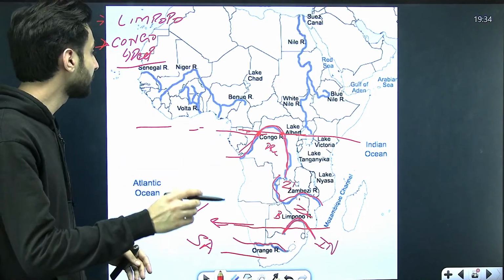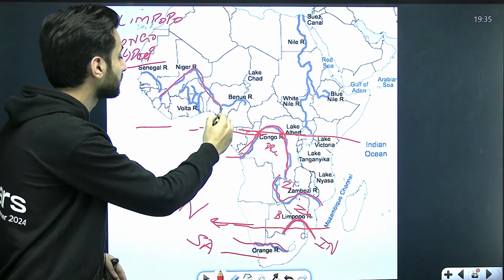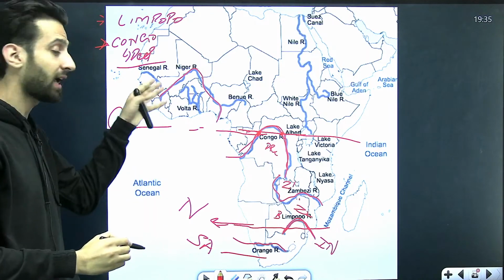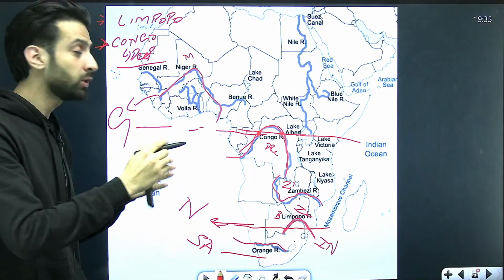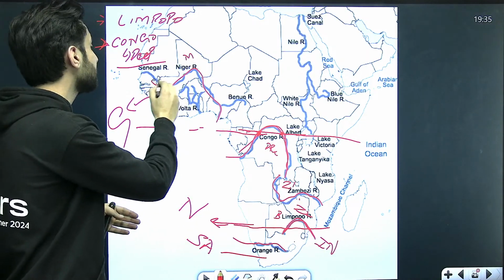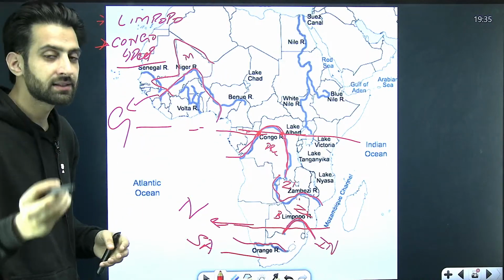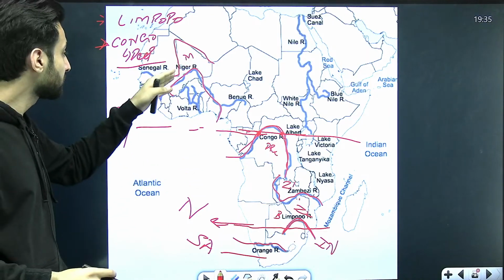Now we'll go to another river, that is Niger. Niger River starts from Guinea. This is Guinea. If you know about the map, it starts from Guinea, then goes into Mali. This is Mali. How do you recognize this country? This is an M-shaped country. M for Mali. It's not Malawi, my bad. It's Mali. M for Mali. It passes through Mali, then